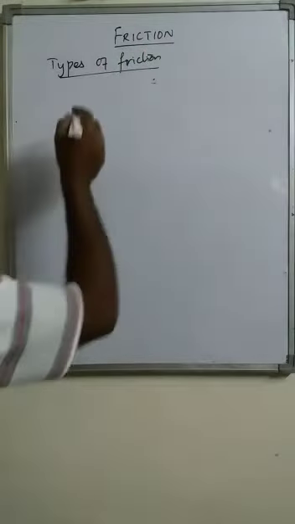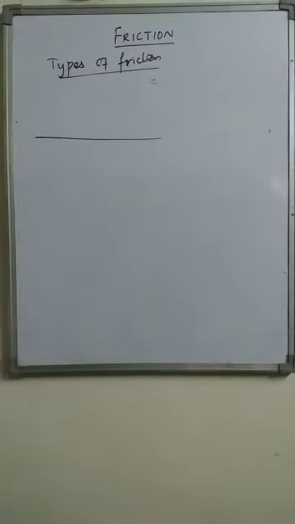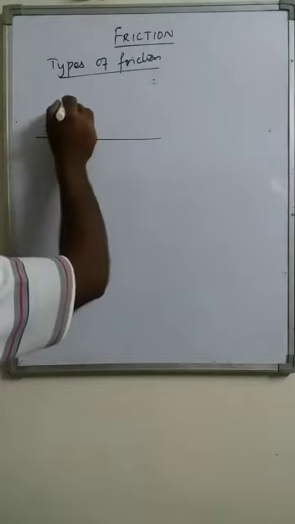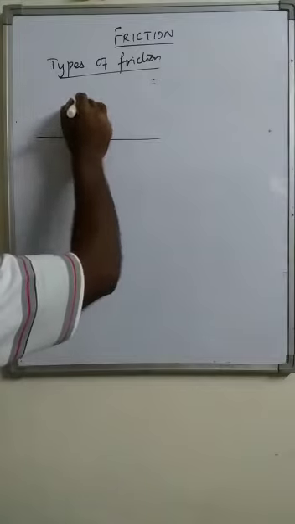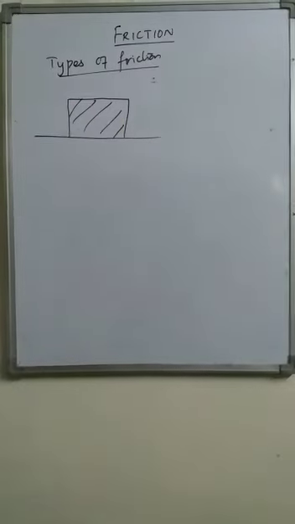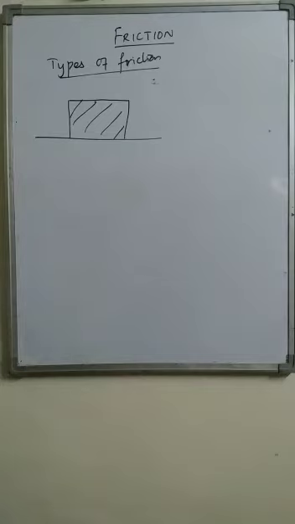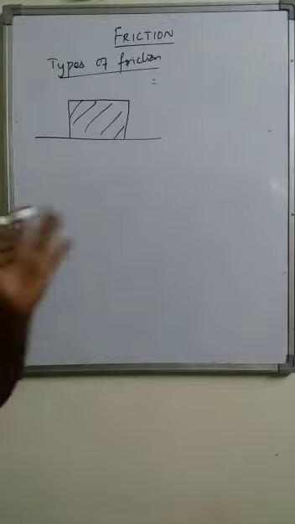Now, if we take a horizontal surface, on the surface we put a block, a cuboidal or cubical block object. Now this block is at rest on the horizontal surface. In this situation, we are not applying any force on this block to move it,